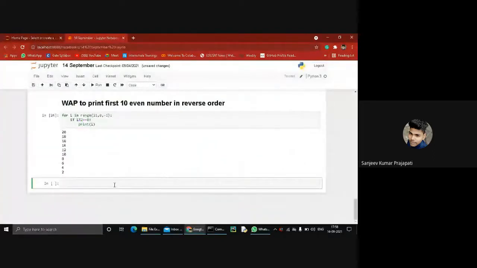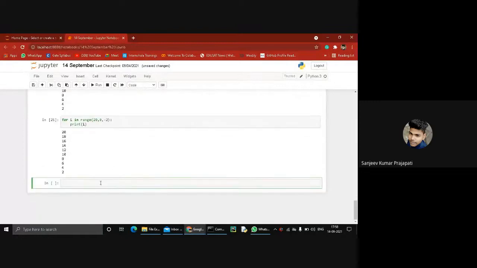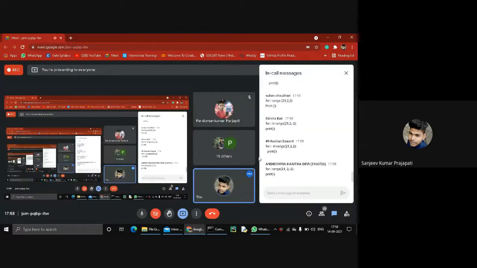So the answer is: for i in range 20 comma 0 comma minus 2, print i. Okay, now it's clear how to print 10 even numbers in reverse order.